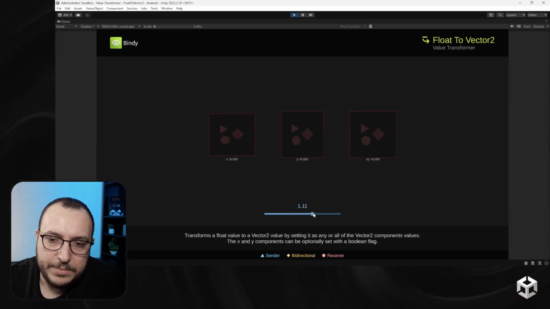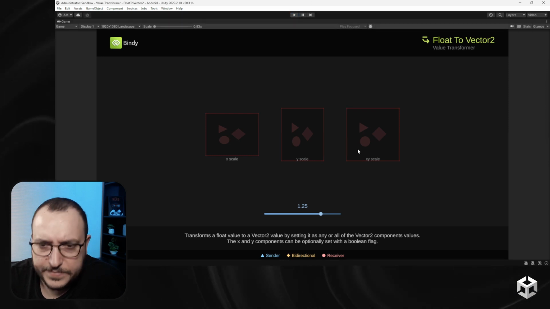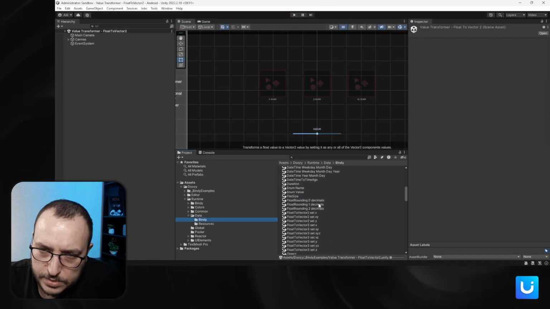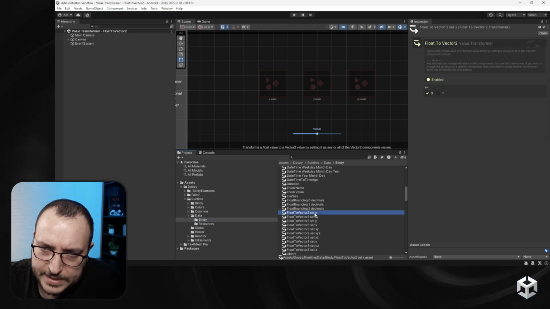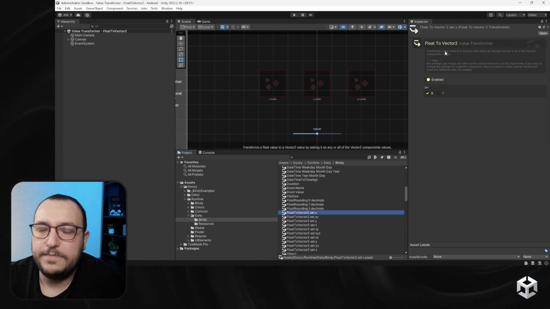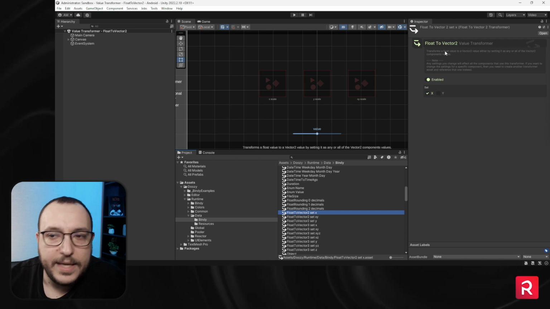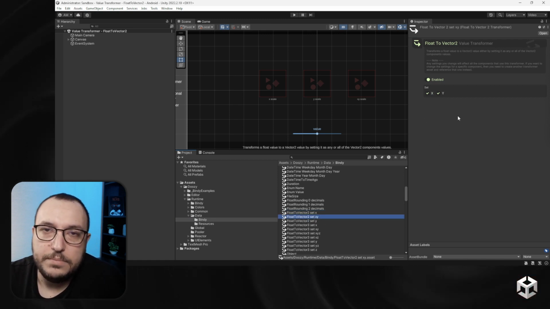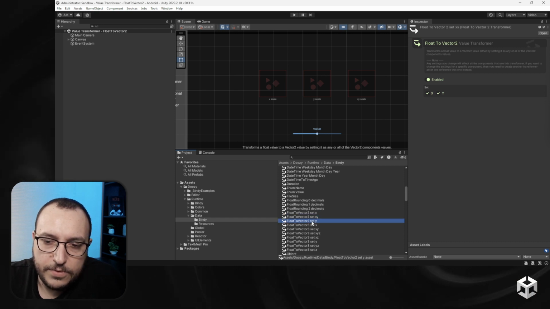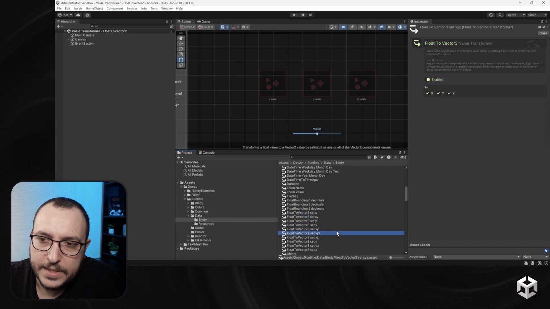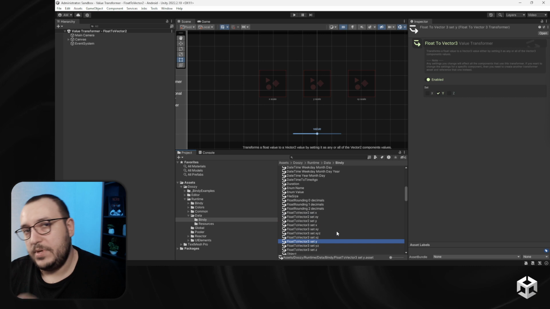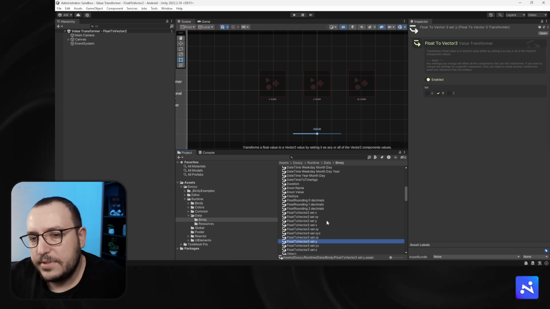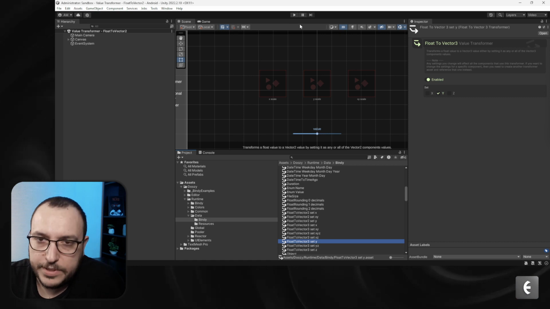So I'm applying it to the scale. So how does this work? Let me show you float to vector to set x. So basically I'm getting the float value and I'm setting the x value. I'm setting the y value and I'm setting them both. The same thing is for vector 3. Again, I can get one float value and affect the other. This is very useful for animations, or in this case for this particular